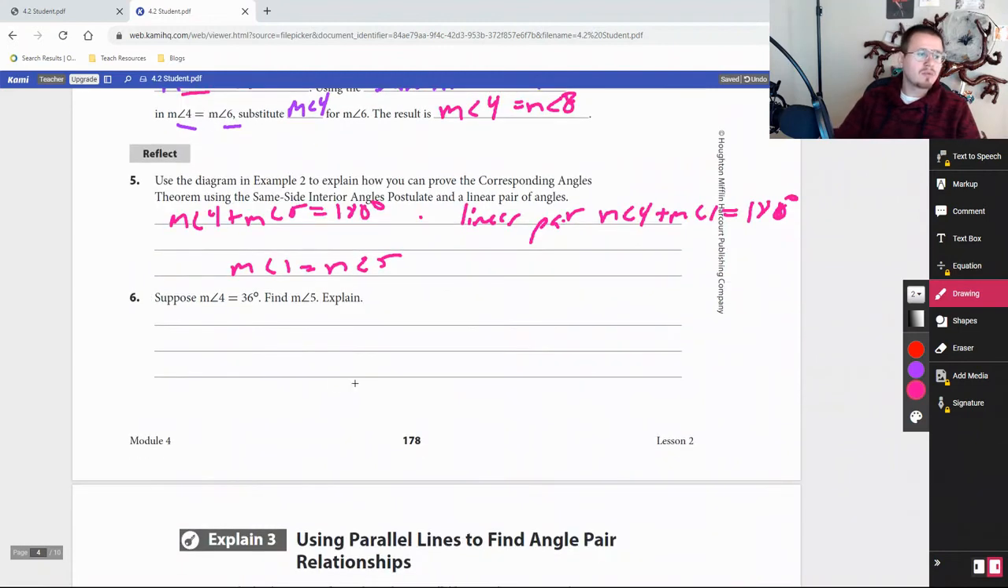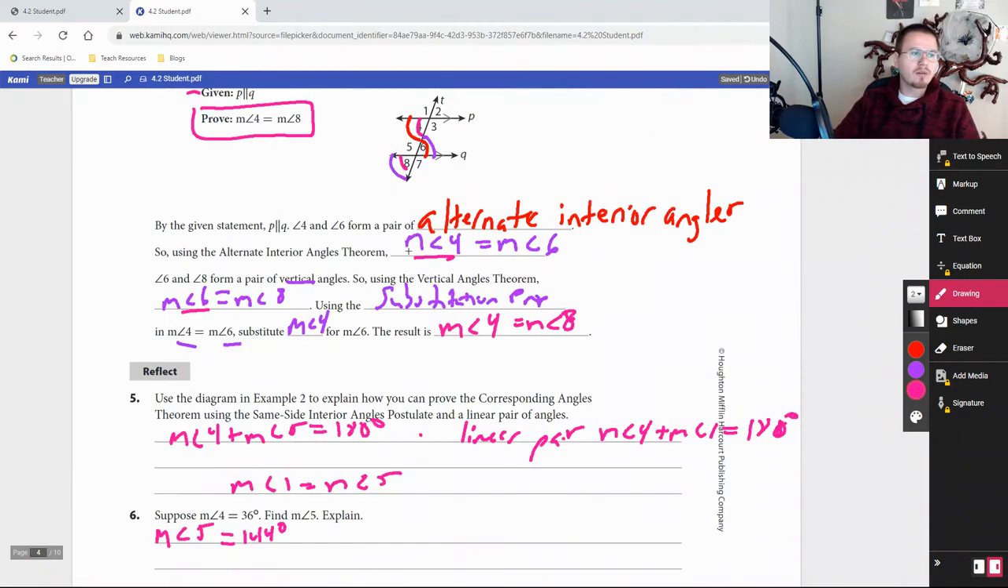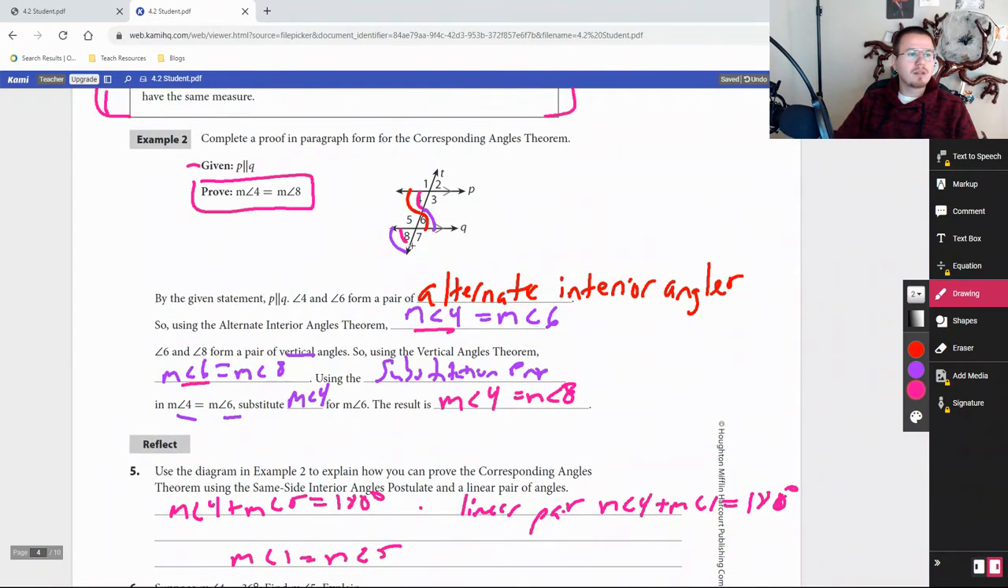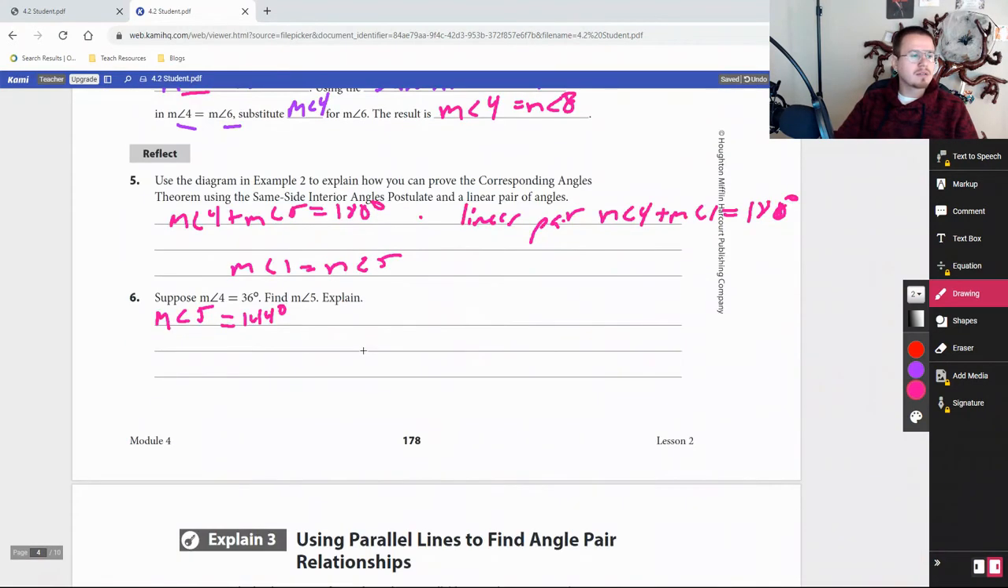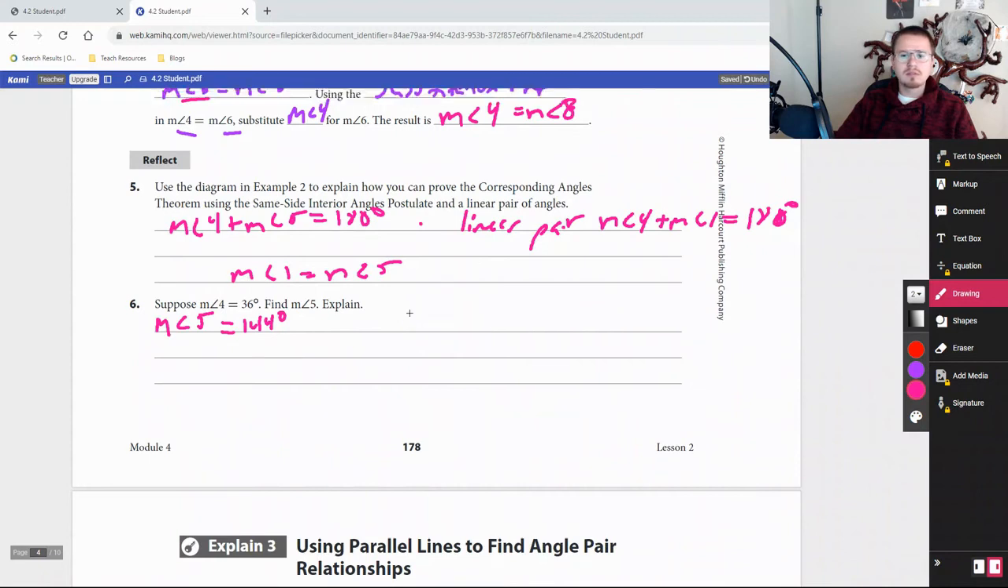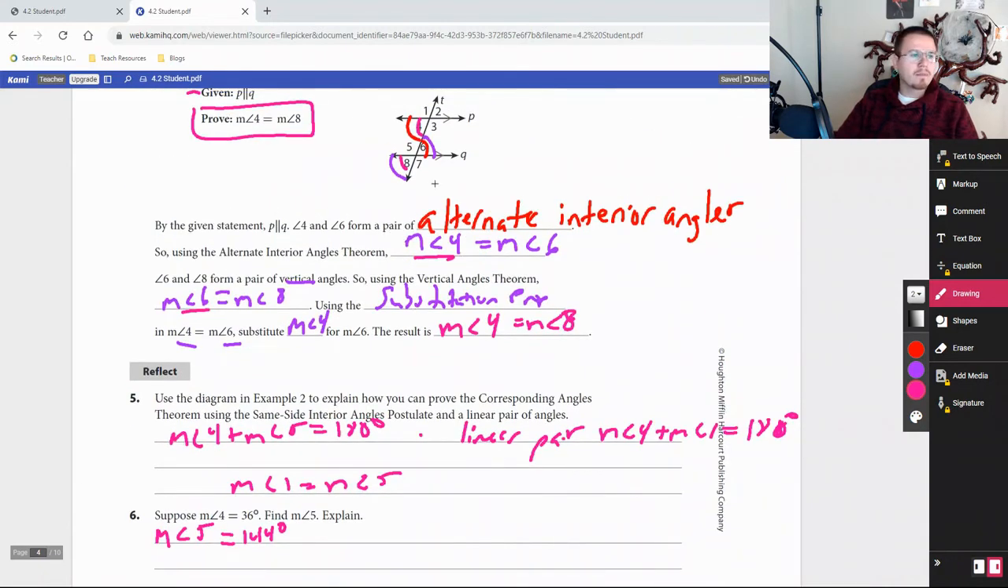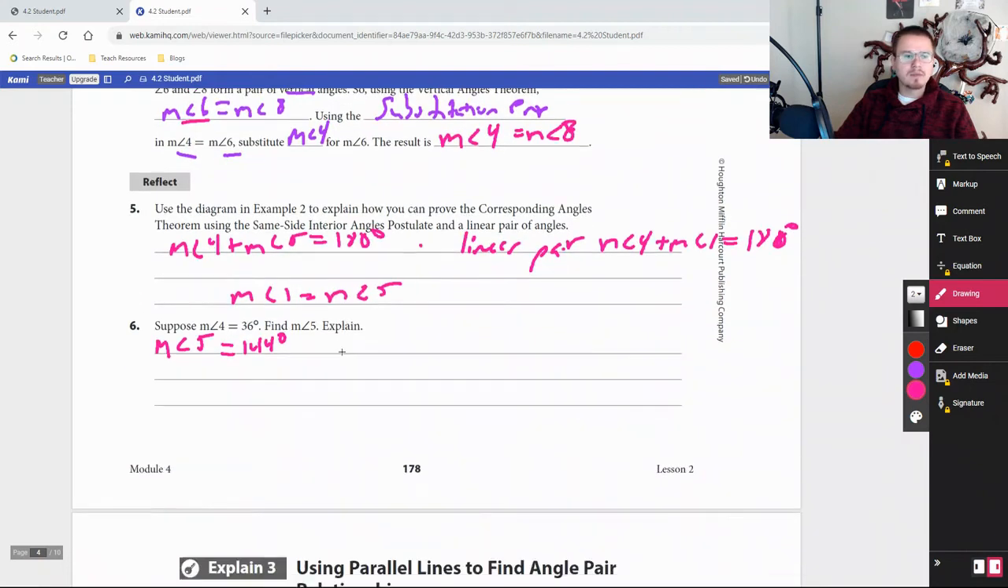Alright, so here's an actual application of this where you need to plug in the numbers. Measure of angle 4 equals 36 degrees, find measure of angle 5. Well, we can say that it would have to be 144 because measure 4 and measure 5 are same side interior angles. Right? Is that what I want to say? Yeah, they form a linear pair, right? So they'd have to be supplementary. Well,